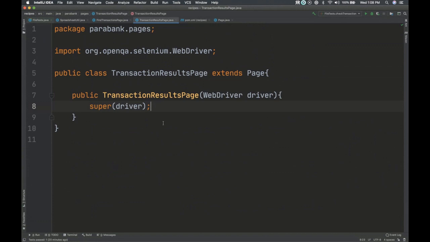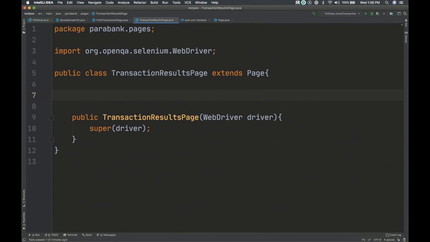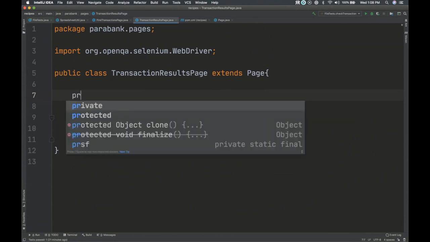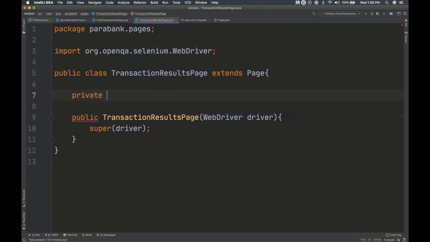All right, so on this transactions results page, let's make a private By for the sales table. Table sales equals by CSS.